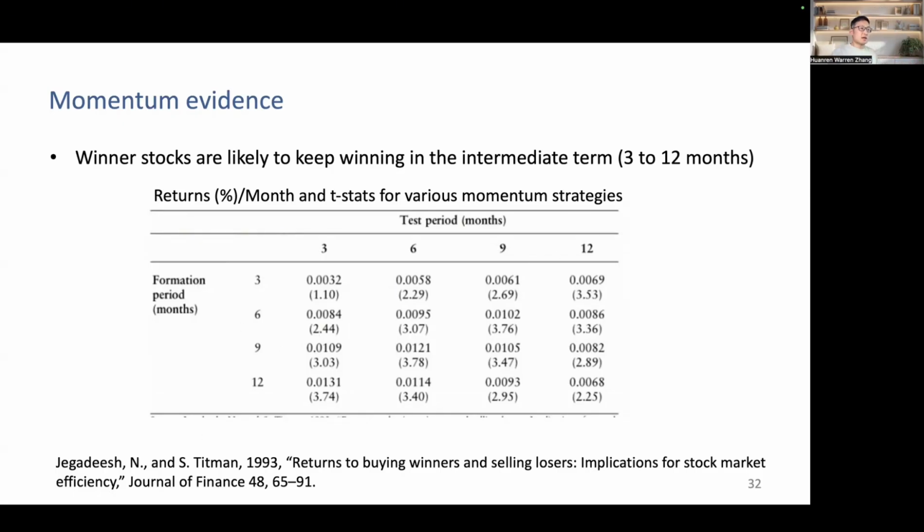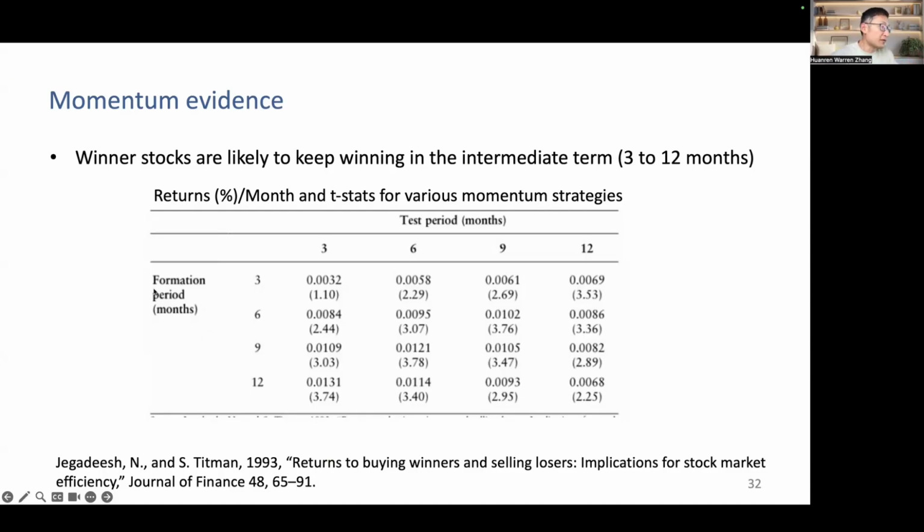Right? The following table shows the correlation of returns in the past versus returns in the future. Right? So that's an intuitive way to understand the following table. The way to conduct this analysis is to calculate the returns of one stock across different time periods in the past, that is the formation period, and in the future, that is the test period. And we calculate the correlation between the returns of these different periods.